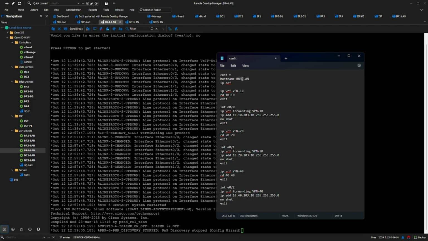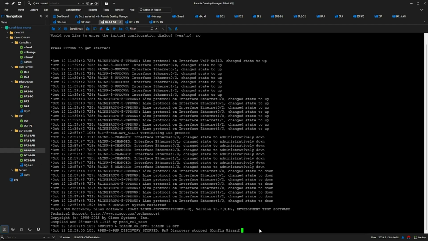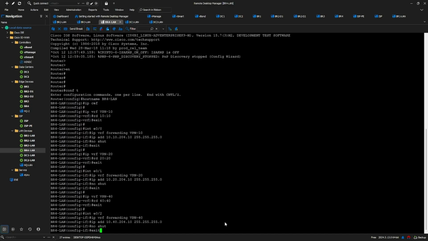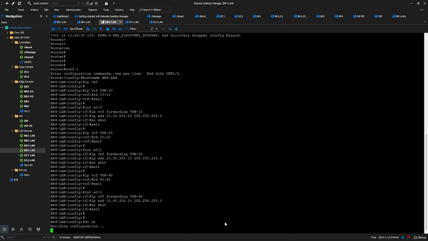So I will just say that this should be the branch 4 LAN. Nothing is being changed, just only 204. That's it. All should be good. 10, 10, 10, 20 and interfaces. Super. Let's go ahead, paste it, save it,